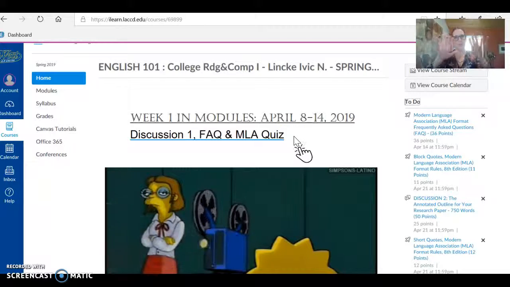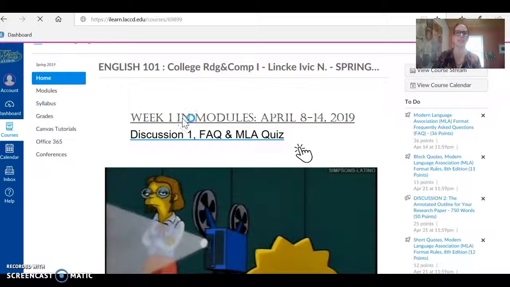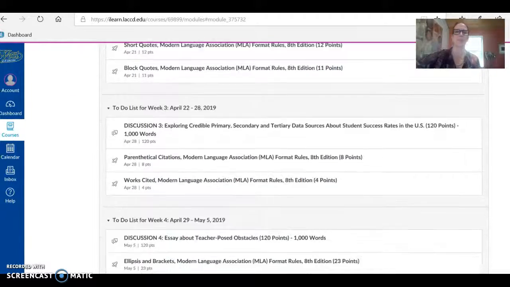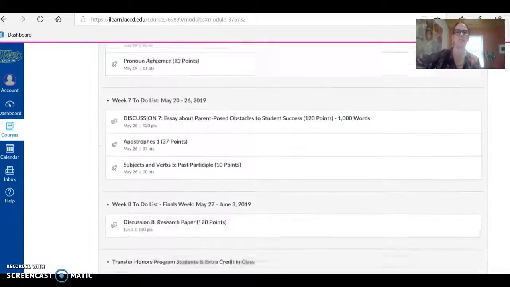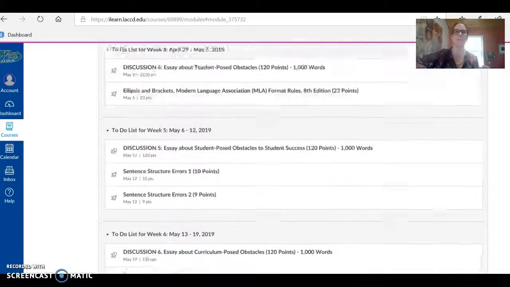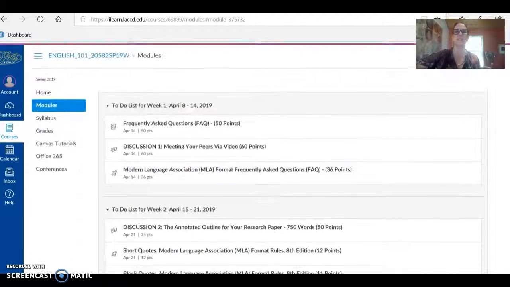You can see right away what it is you have to do without reading down here, and it's in big print. Okay, so I can click on modules here, or I can click on modules here in this handy link. I'm going to click on it here. Okay, so it takes us into week 1. And let's scroll down here, and you're going to see that I have all the weeks of the semester here, everything we're going to do, even an honors assignment for you, and I'll discuss this later, what this is about, the honors program. But I have everything here, and you can access any of these assignments at any time.